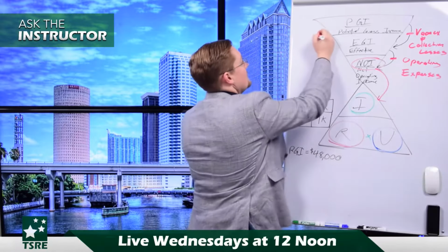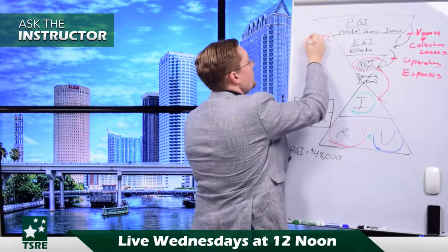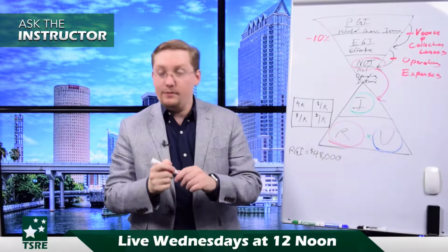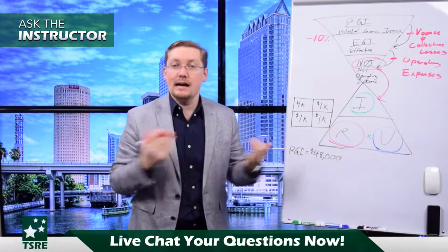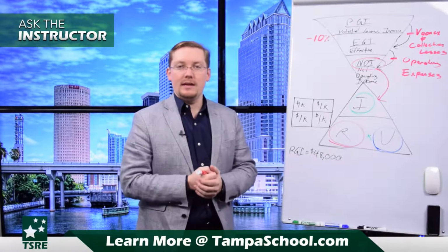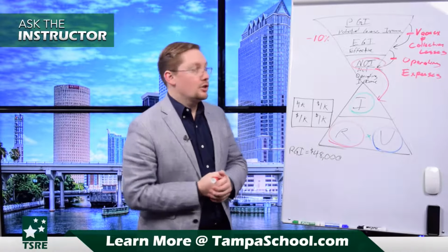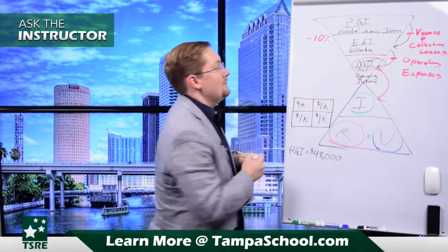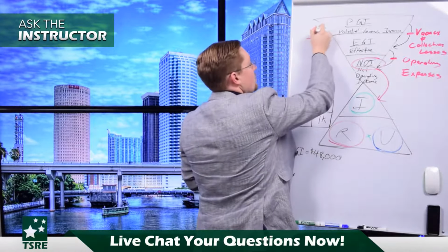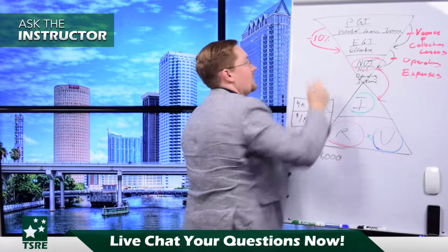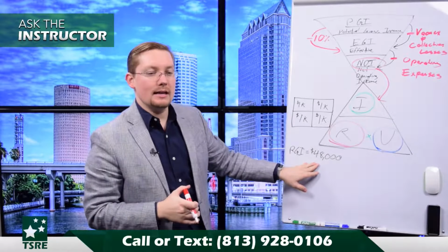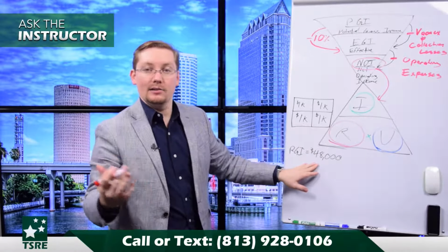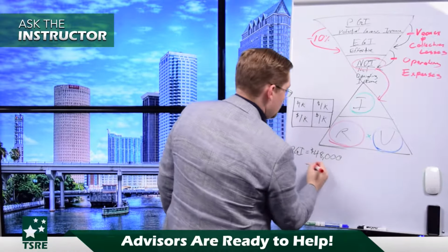So 10% of the time, the property is going to be considered vacant or having collection losses, or 10% of this $48,000 we're going to lose due to vacancy and collection losses. So what we're going to be doing basically is taking 10% of the potential gross income, subtracting that out, and that's going to give us our effective gross income. So 10% of $48,000 would be $4,800. So we subtract out